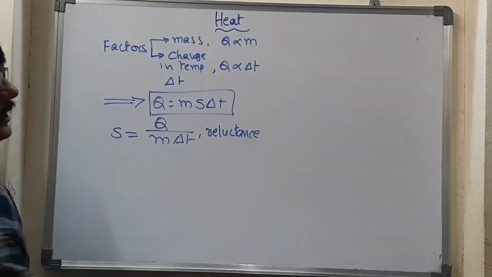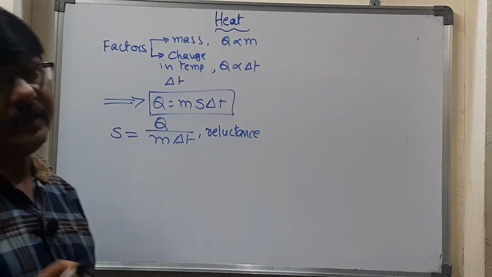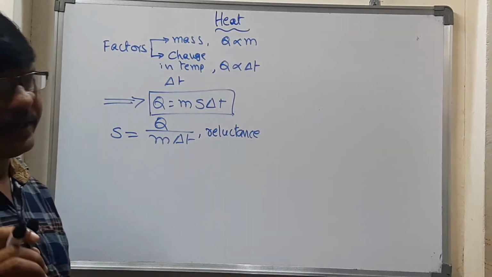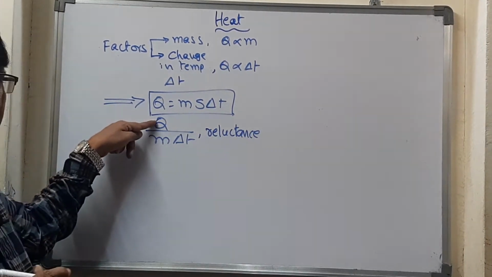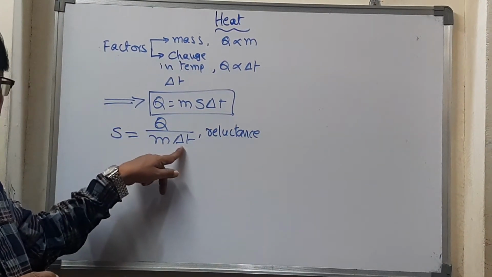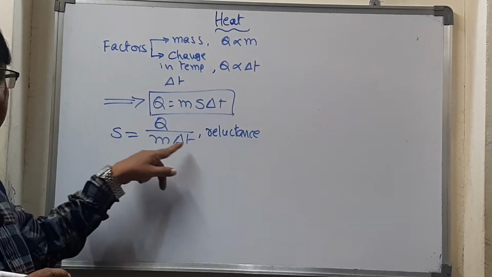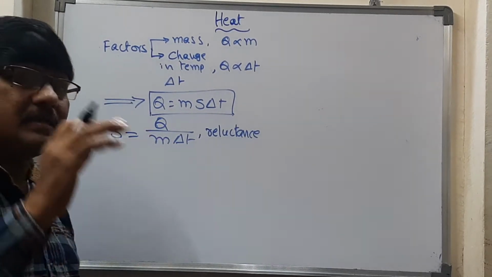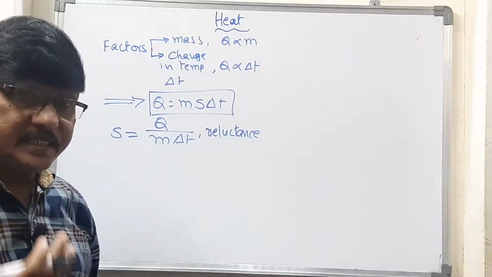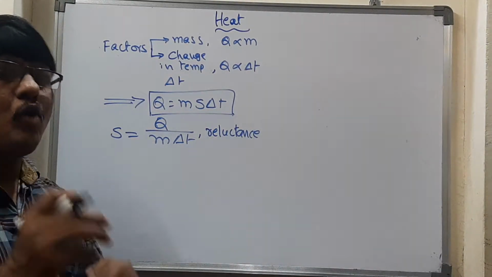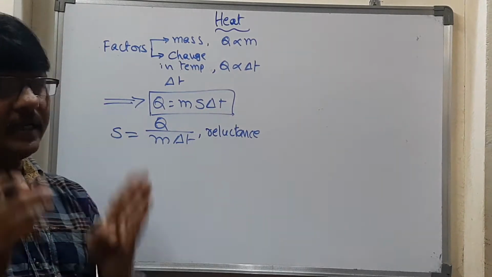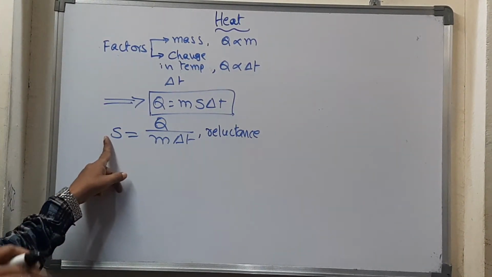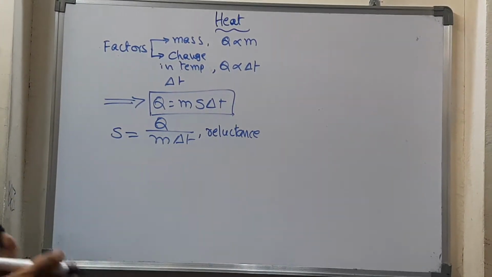What is the definition we can take for specific heat? This definition is asked many times. It is the amount of heat required to change the temperature of 1 gram mass of a substance by 1 degree Celsius. If 1 gram mass of a substance is there, to change its temperature by 1 degree Celsius, how much heat is needed? That heat is called specific heat. Ultimately, what is meant by specific heat? It is nothing but heat.